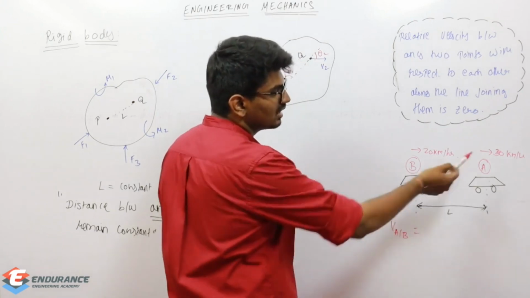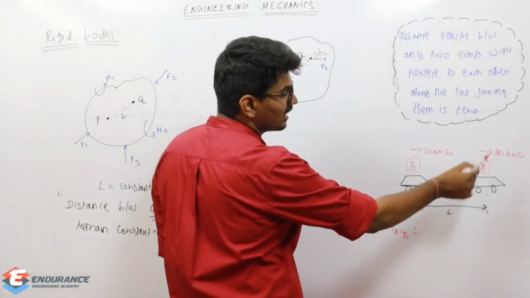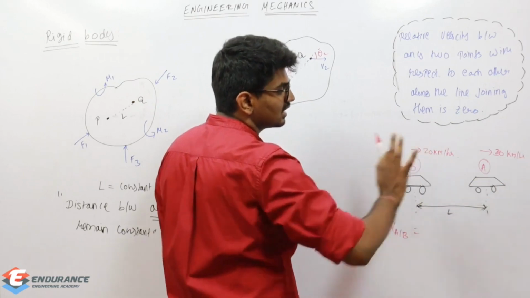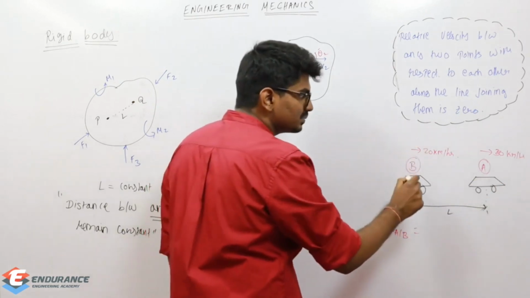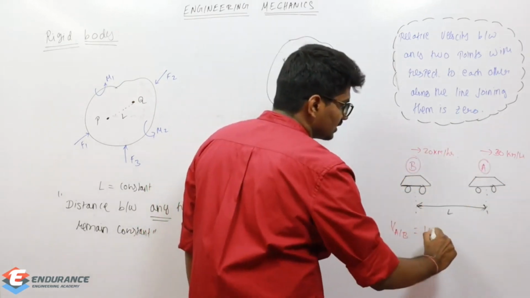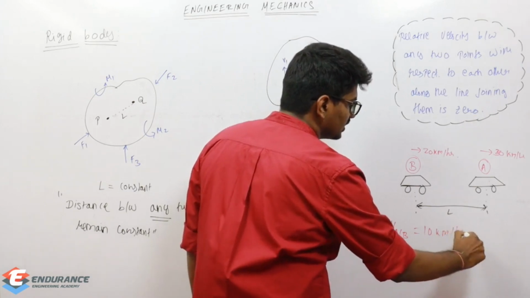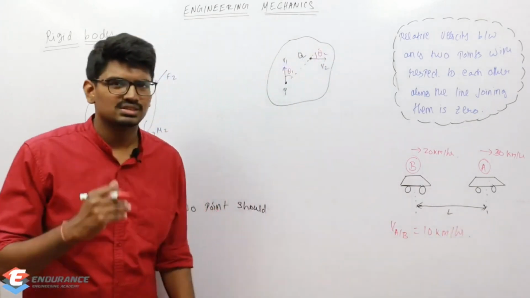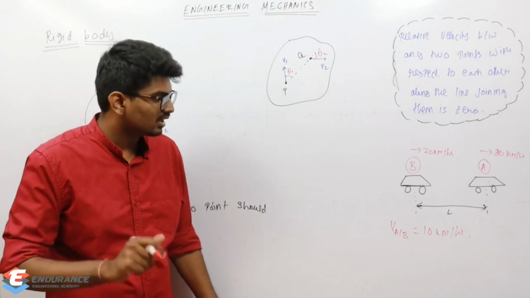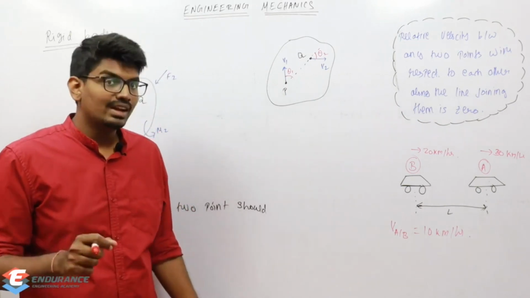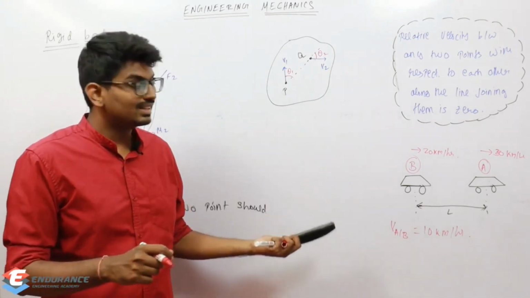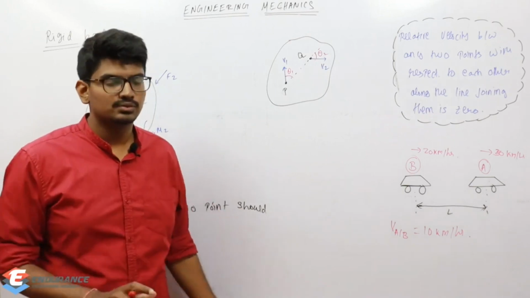So obviously this is moving at 10 km per hour faster than B. So with respect to B, it is moving at 10 km per hour. Wait for a moment, I will talk about this a bit more later. Okay, right. And the distance between these two will remain the same throughout,